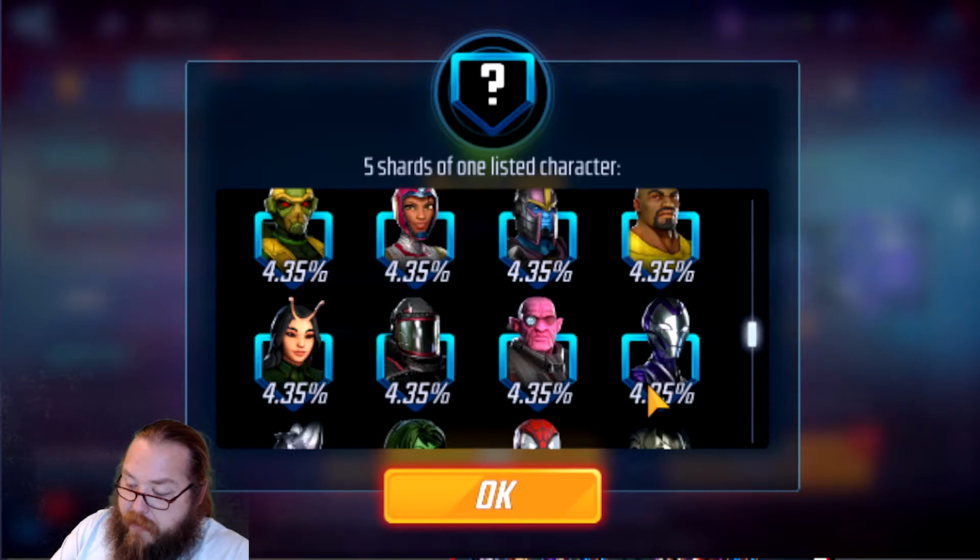I'm using Elektra, Daredevil, and White Tiger with Spider-Man from Blitz. That's 4 out of 5 for medical supply runs. We literally need 1 more, and I'll get to that. Ability enhancements, protectors and controllers only. You're getting